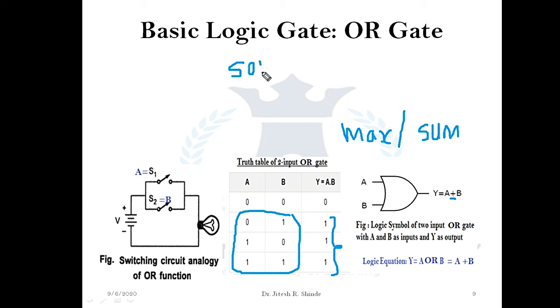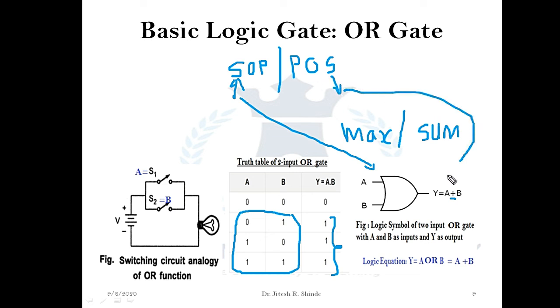equation, to implement this S term, which here indicates sum term, which gate will be used? OR gate. Similarly in POS, in digital circuit implementation of a Boolean equation in POS format, to implement this S term, which gate will be used? OR gate. This is one of the applications of the OR gate, that it is used in the implementation of SOP equation and POS equation.